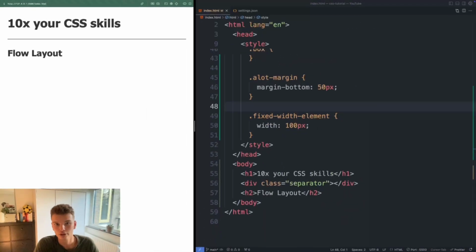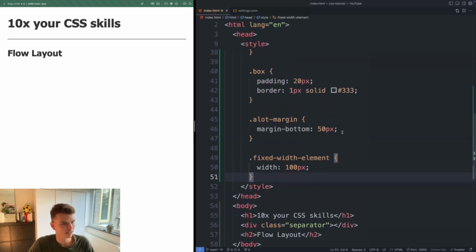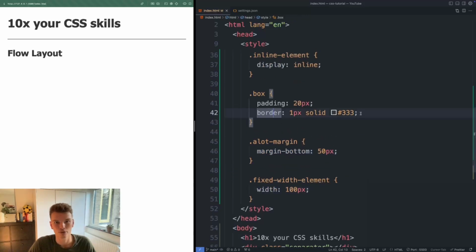Alright, so for this tutorial, I've just set up a live server so that we can make changes to the CSS and HTML on the right and just immediately see what it looks like on the left. And before we get started, the most important thing to understand about CSS and how it works under the hood is to understand that CSS properties like margin, width, border, any property that you can specify, are only implemented in